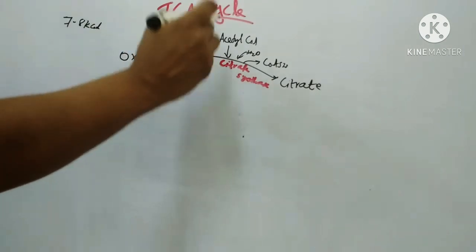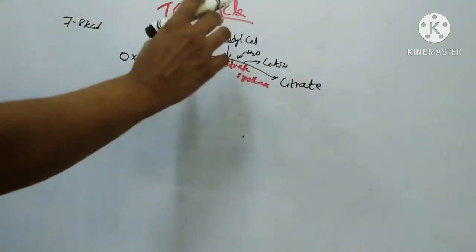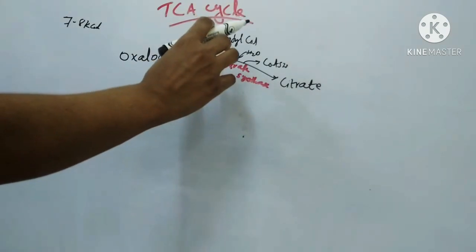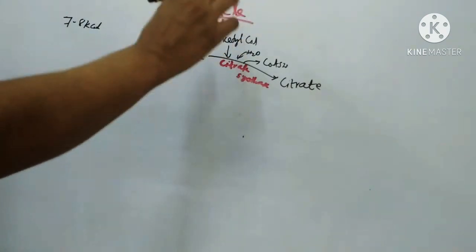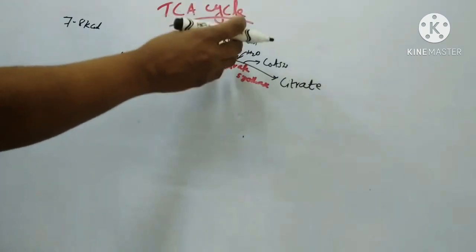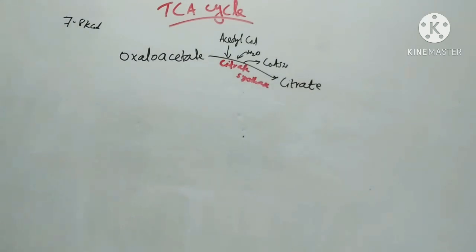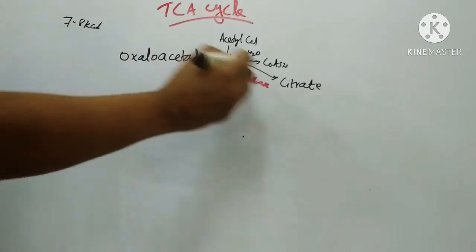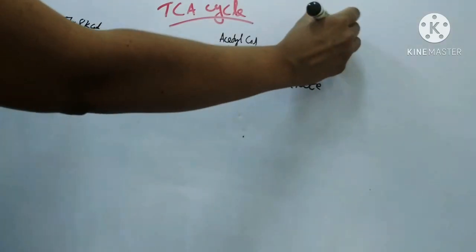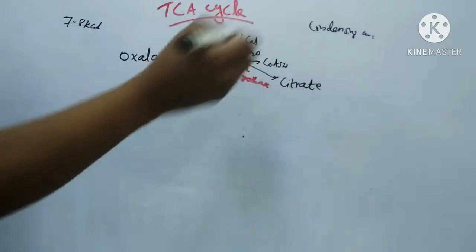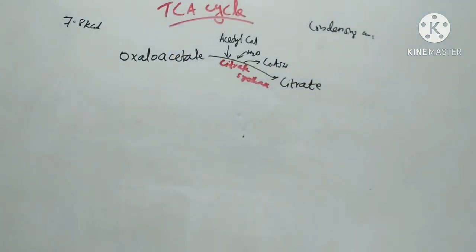A molecule of water is required to hydrolyze the high energy bond linkage between the acetyl group and the CoA. The energy released is used for citrate condensation. Citrate synthase is a condensing enzyme. Here no ATP is required. That is the first step in stage 1.